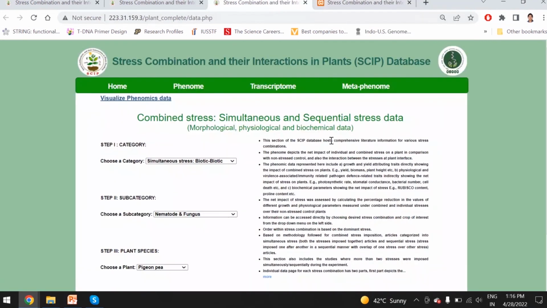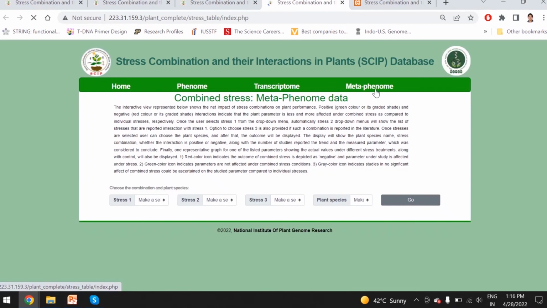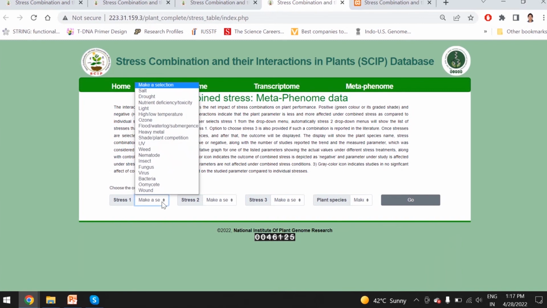Now coming back to the main phenome page, there is a tab for metaphenome. So let's click on this. This is again an interactive representation of the net impact of stress combinations on plant performance. Under this section, we have listed stress 1, stress 2 and stress 3 and which plant species a user wants to look at. For example, let's select